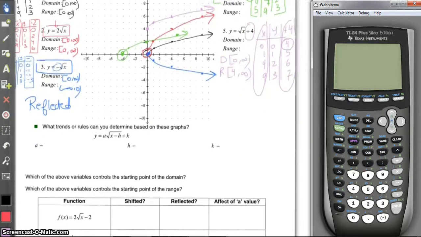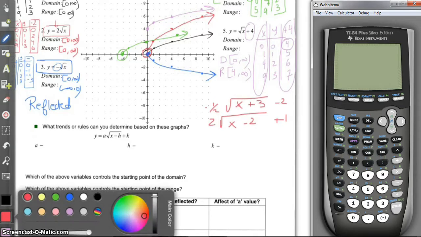What trends or rules can you determine based on these graphs? y equals a square root of x minus h plus k. I'm going to write some examples. For example, what if you have 2 square root of x minus 2 plus 1? What if you have, for example, half or negative half times square root of x plus 3 minus 2, let's say. So the a, which is this one,